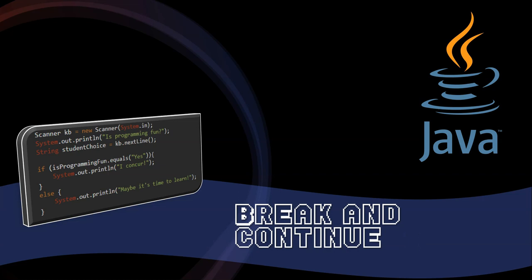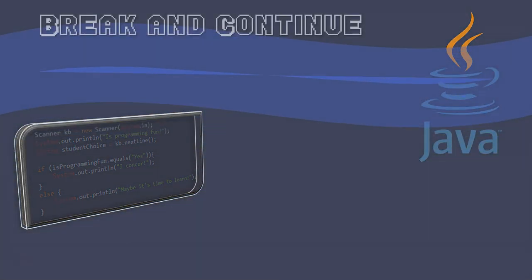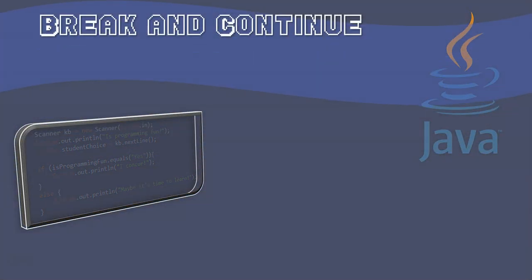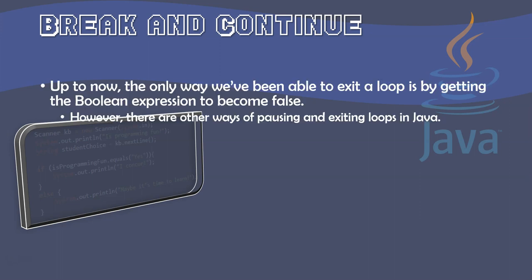And welcome back. As we continue working with our loops, we're going to take a formal look at break and continue, which are two ways for us to work with loops. Now, break and continue are two different terminologies. They have very similar functions, but they are ways that we can address this issue that we've had